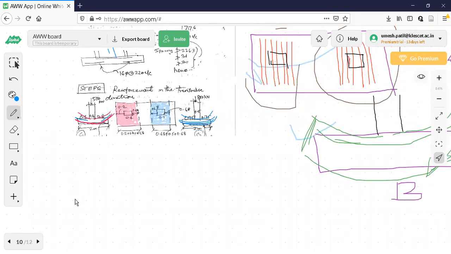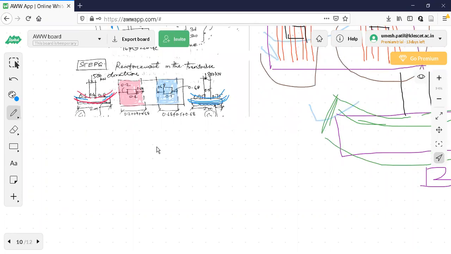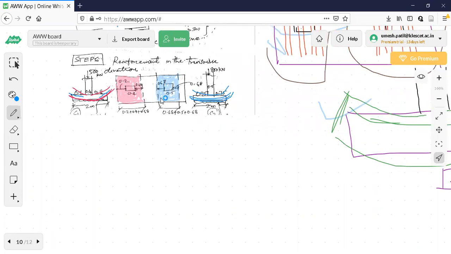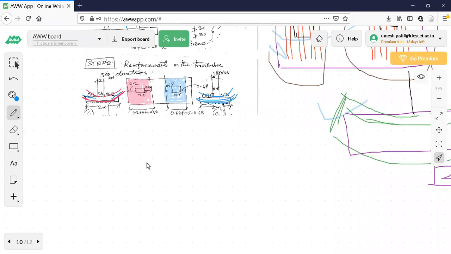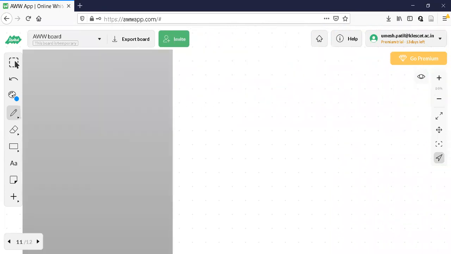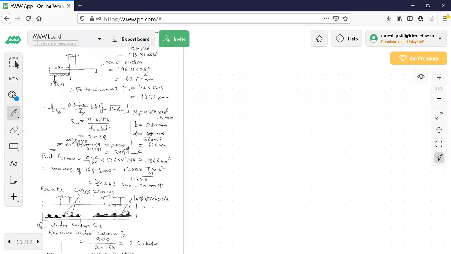So I'll go to the next page, calculation part. Right now your understanding is how to form the strips, two strips. What is the formula used? D this side, D this side. Here also same thing. If D is not available, whatever is available, that much. Like this, two strips are formed. How the transverse bending takes place due to net upward pressure is indicated in the diagram here. Now let us go to the next page. How to find the reinforcement and all we can see now.